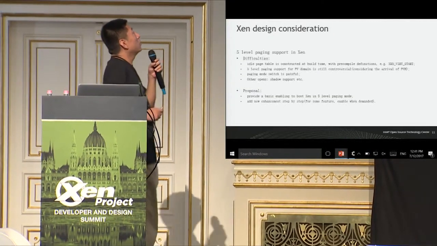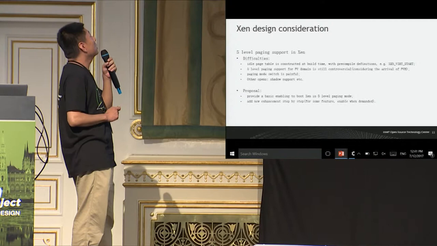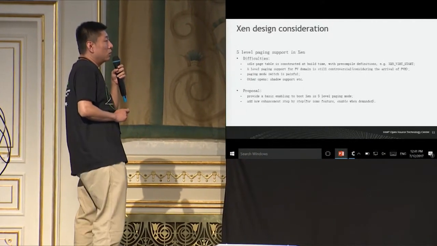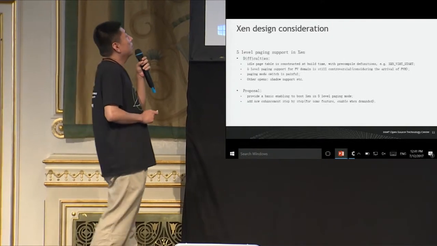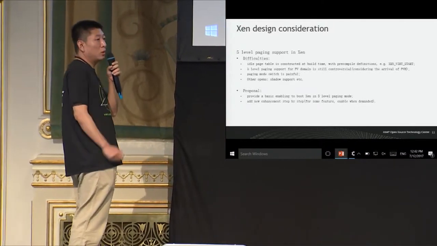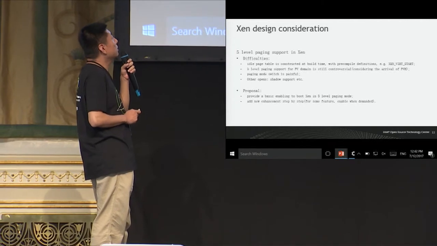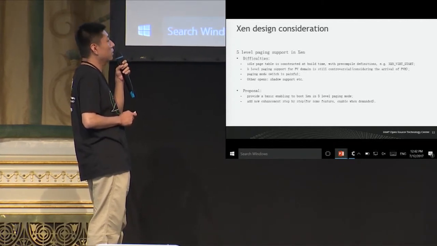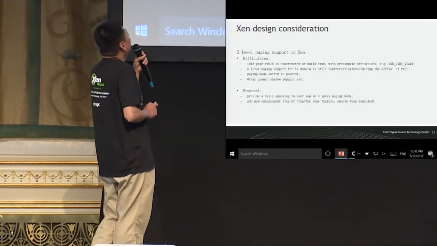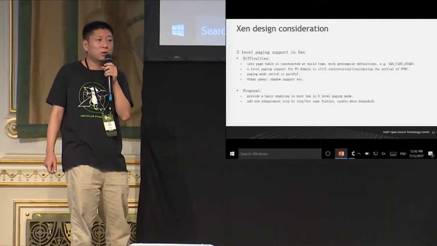Okay. And for the 5-level paging support in Xen, it's much more complicated. We have many difficulties. Here I just list some of them. One is that, for example, if we want to introduce 5-level paging, we need to modify some definitions, but the definitions are used in the idle page table construction, which is constructed at build time. So it's hard for us to introduce a new definition for these values without moving this construction of page table into dynamic building. Also, for the 5-level paging support in PV domain, it is still controversial whether it is worthwhile